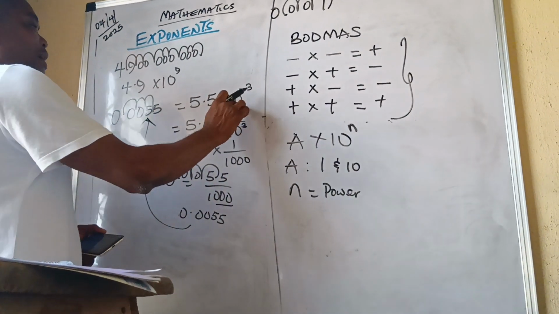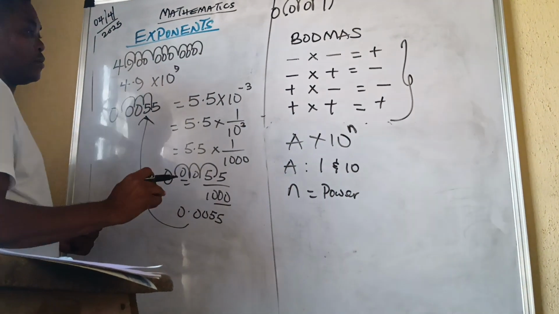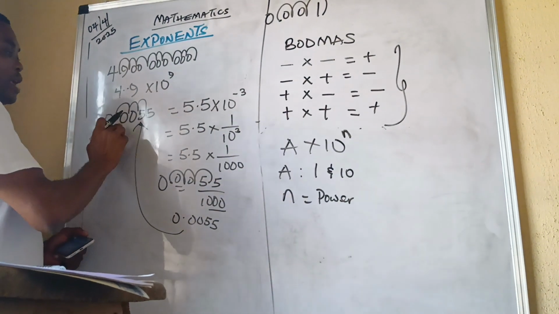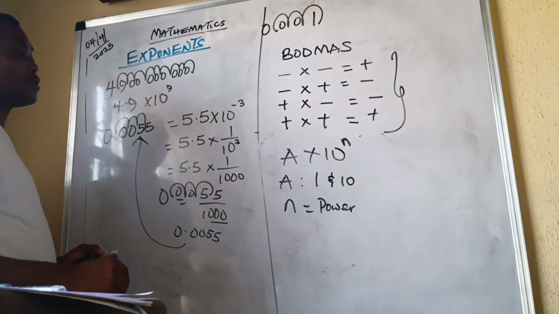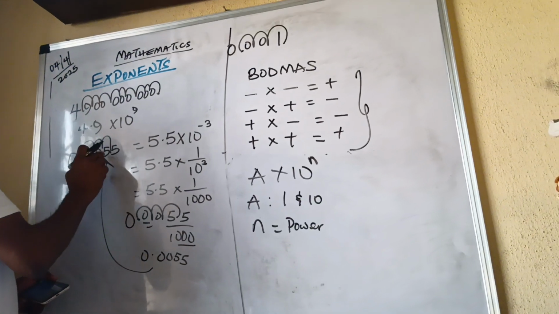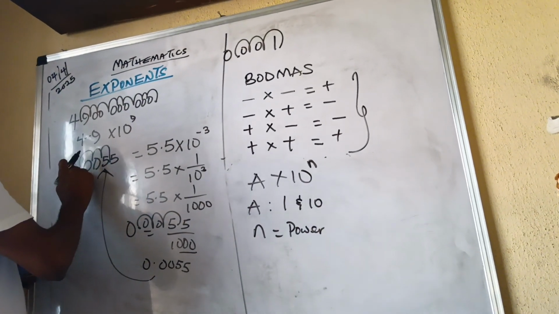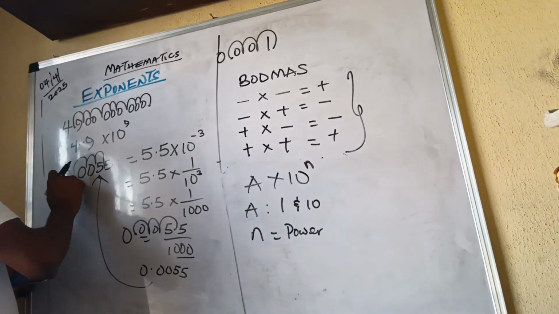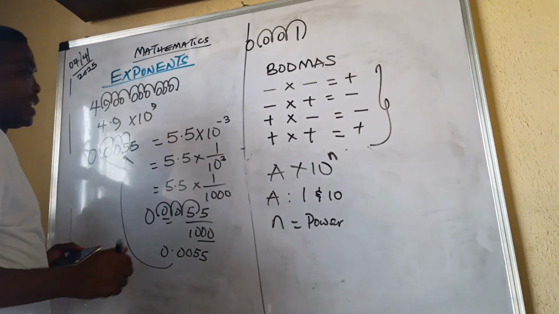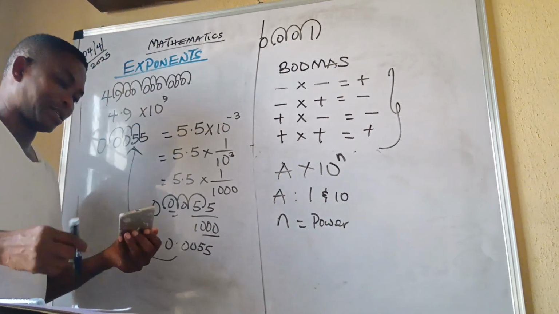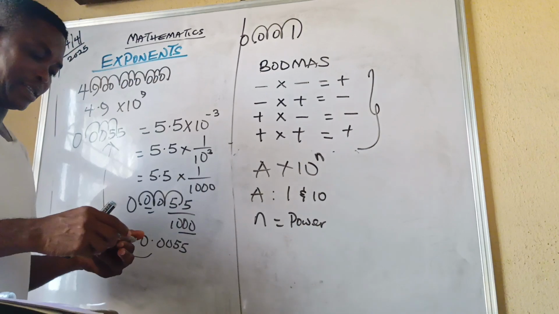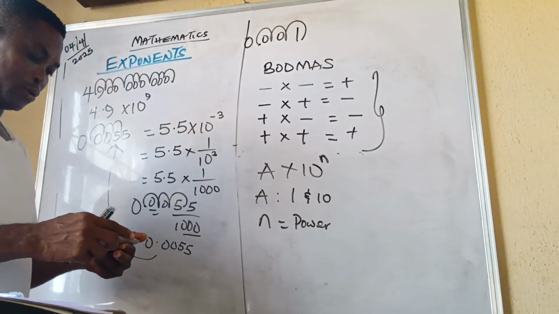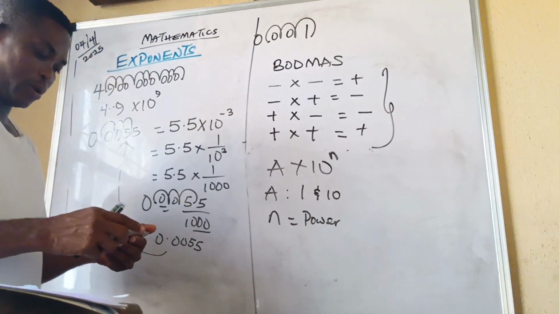This is our answer, but I did a reverse operation to get back my question. So 0.0055. Move your decimal from your left. Once you move from left to right, you have a negative number. So that is why that is a negative value. So we shall quickly look at